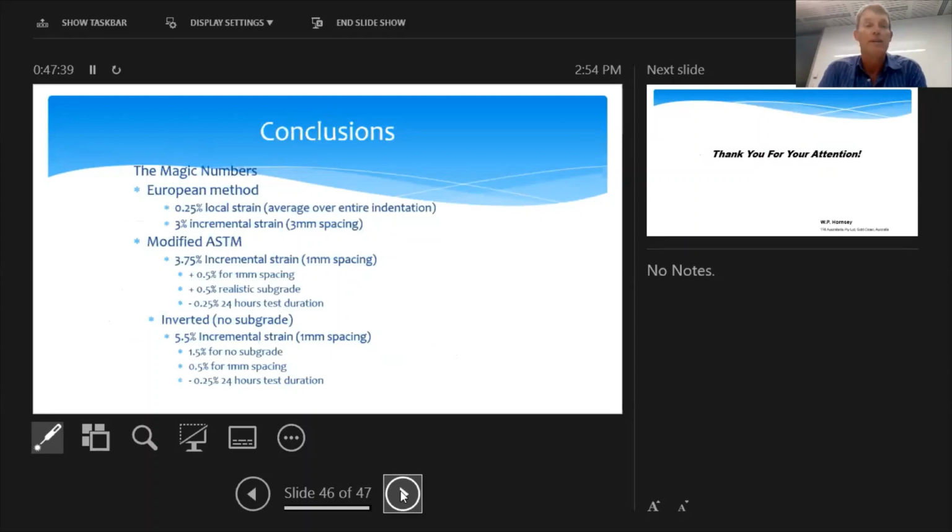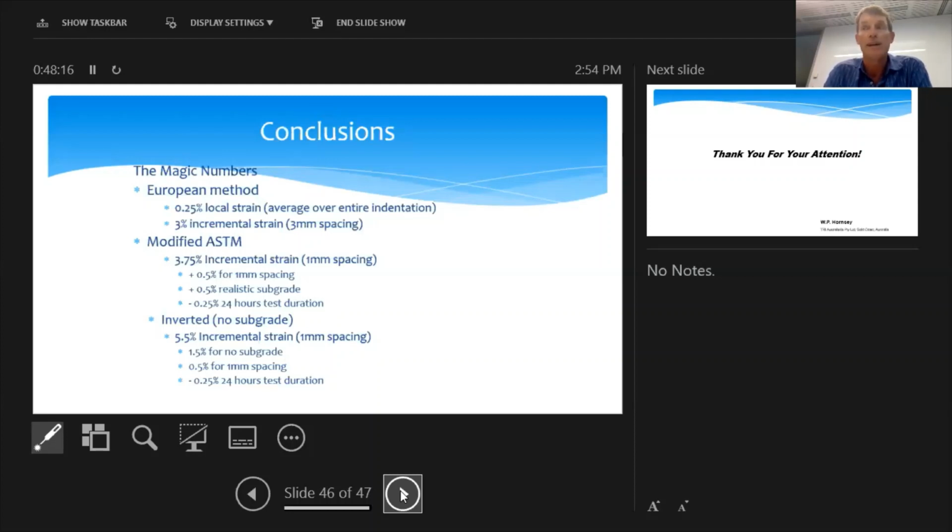The magic numbers, and all I can say is I think the German standards are pretty good in terms of limiting strain. What we have to do is look at the different test methods and the different setups and apply factors to those numbers. So if we assume that the European method with the 0.25 as an average over the entire indentation and a 3% at a 3mm spacing is correct and acceptable, if we use the modified